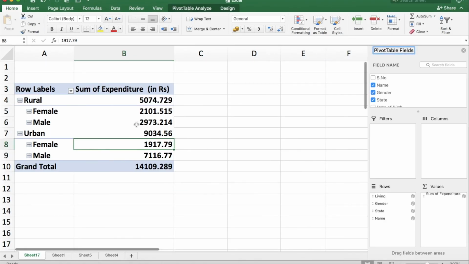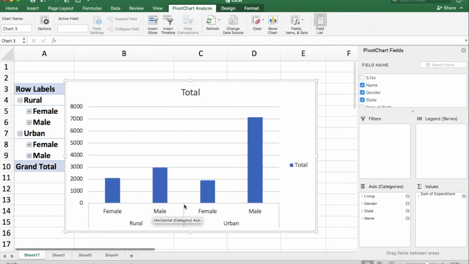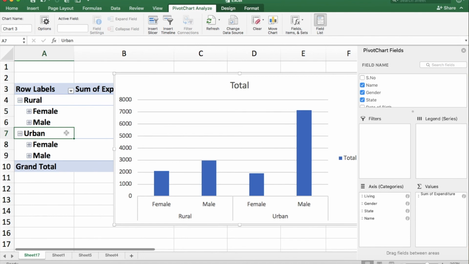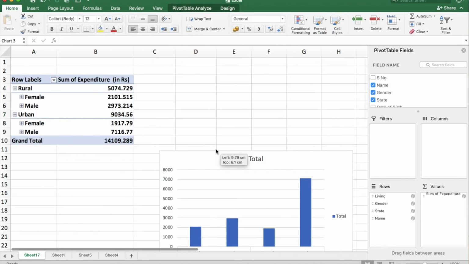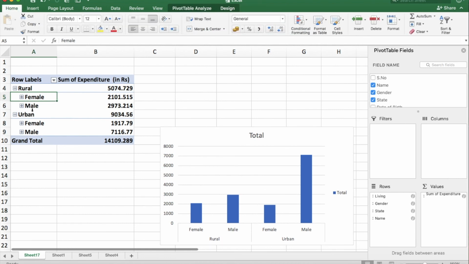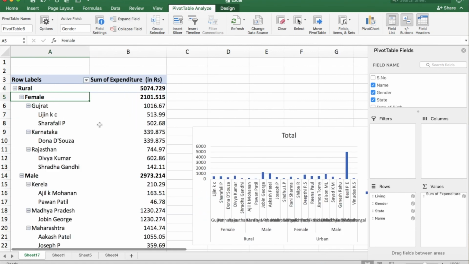Now we will see another feature of pivot table, that is pivot chart. Use of pivot chart. We will simply go to the pivot chart option available in the pivot table analyze and click on it. You can see in a simple manner the chart is created. But now what features Excel is providing in this is what we will see now. We will zoom out a little bit and move the chart a little down. If we expand or collapse the pivot, the chart will be impacted in the same way. Let's see. If I go to pivot table analyze and expand the field, the same field will try to appear in the chart also.